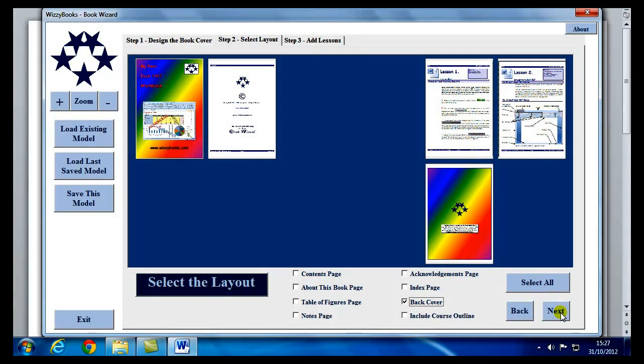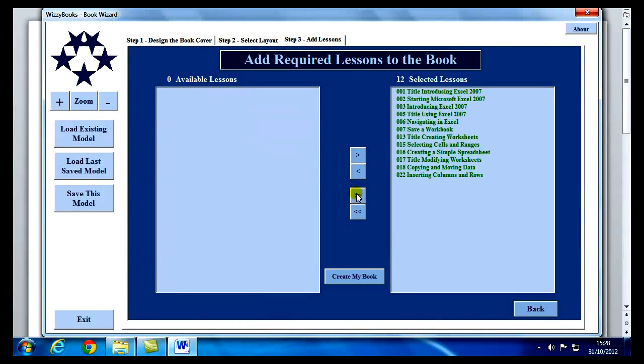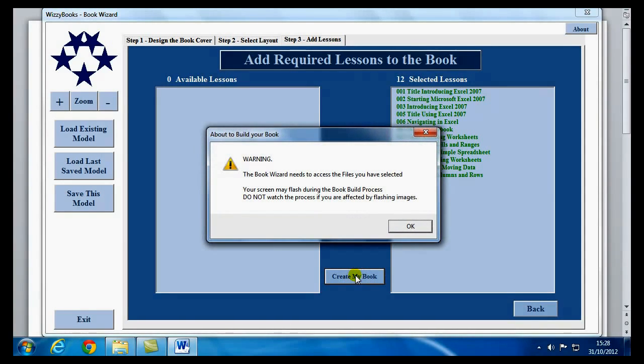So we'll move on to the next step, and this is where we add the actual lessons that we want to add to our publication. I'm just going to bring the whole lot over by clicking the Add All button, and I'm now ready to create my book. So I'll click the Create My Book button, and when I do, a warning message will appear